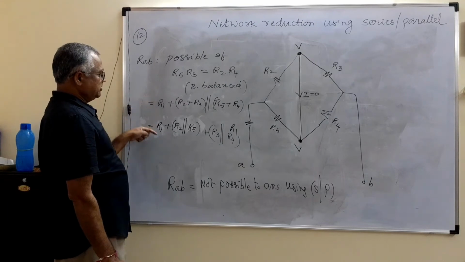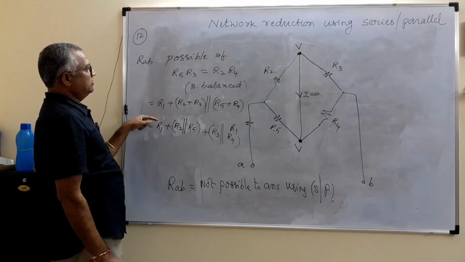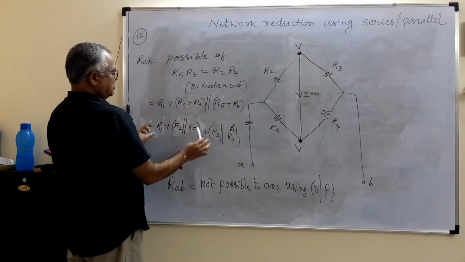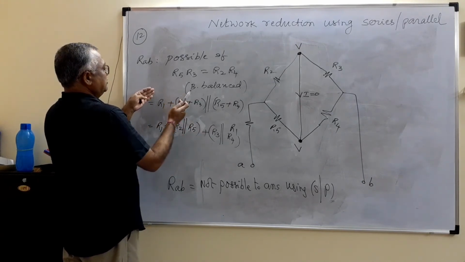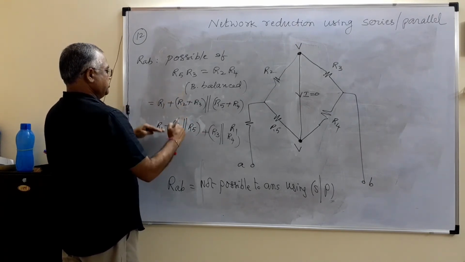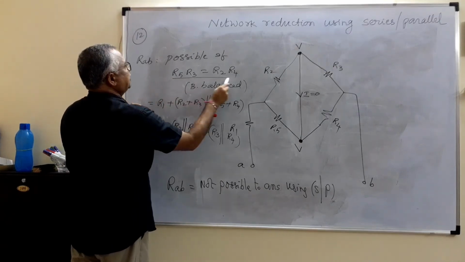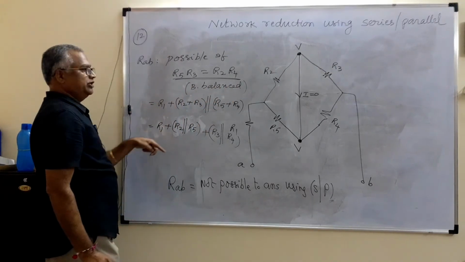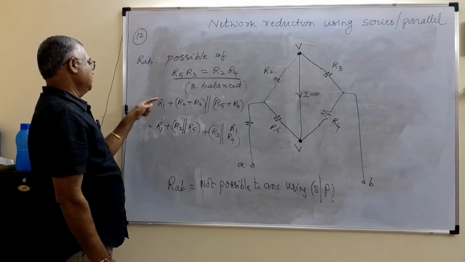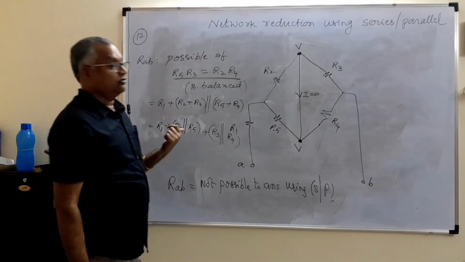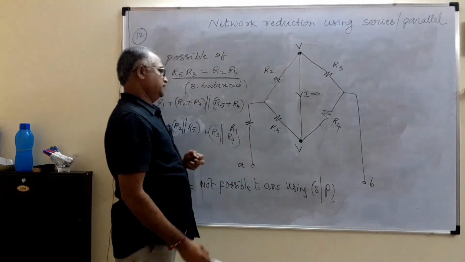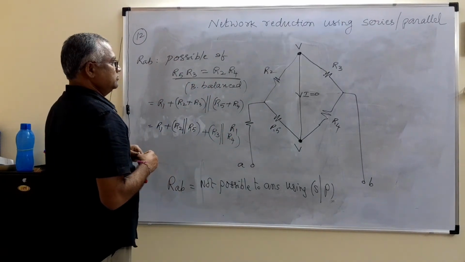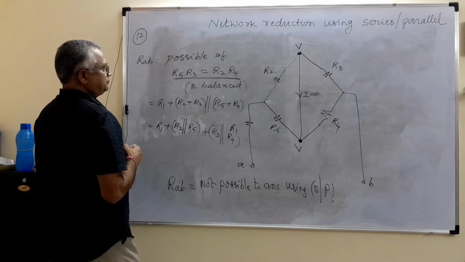Remember, this answer is same, equal. You simplify this or you simplify this. This is becoming this, this is also becoming this. But when you are changing this into this or this into this, make use of this condition. So both the answers are same. Because both the answers are same, what is the conclusion? When bridge is balanced, you can think like open, you can think like short. So that is one important point.